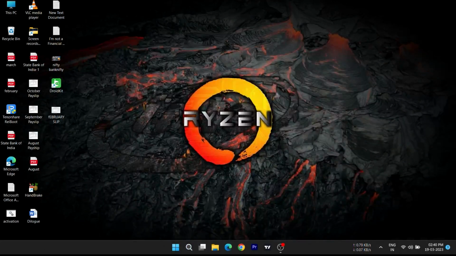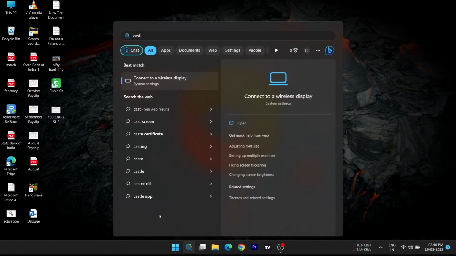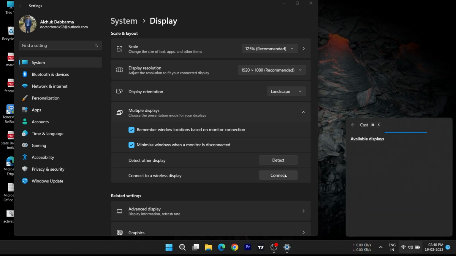If you are a stock market trader or a video editor like me, sometimes you might require an extra display for your job. But if you don't have an extra display but got a tablet, then you can use your tablet as an extra monitor like me. I don't have an extra monitor, but I do have a Samsung A8 tablet which I use as an